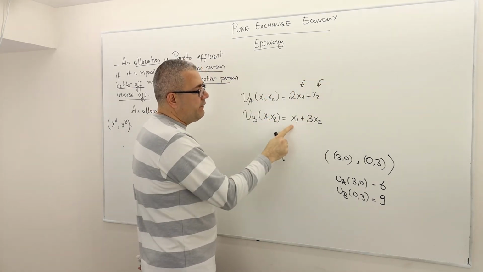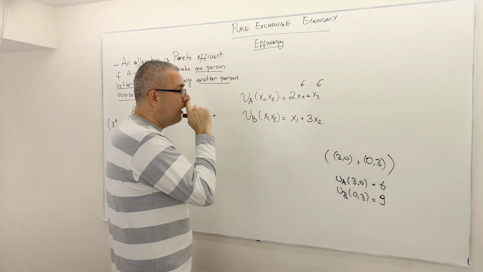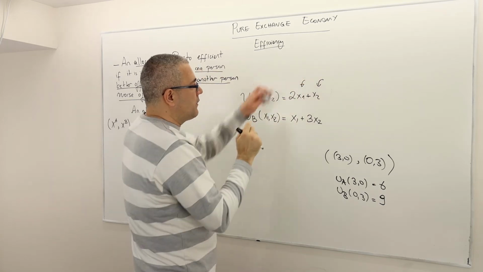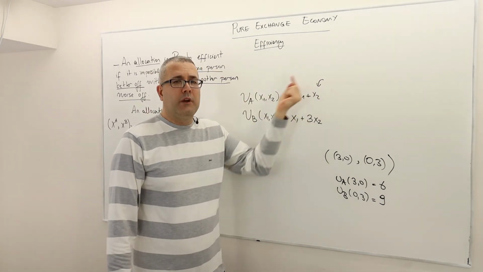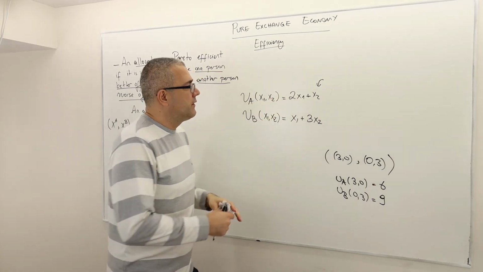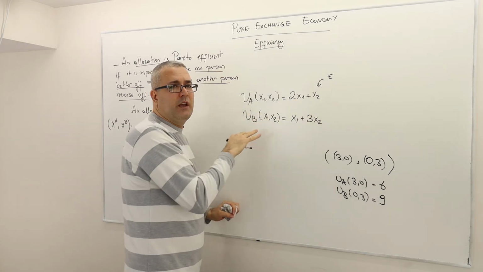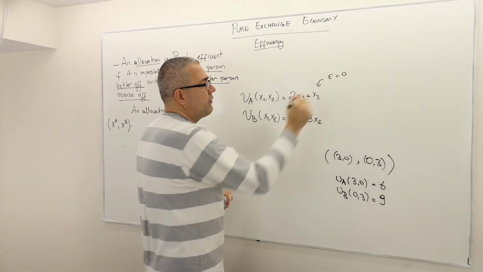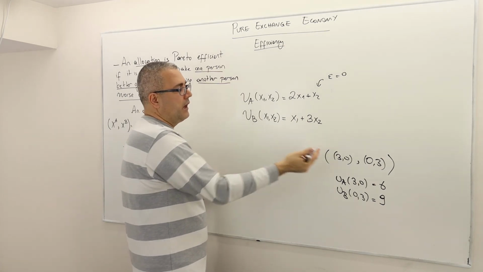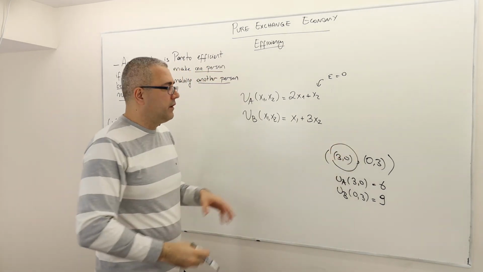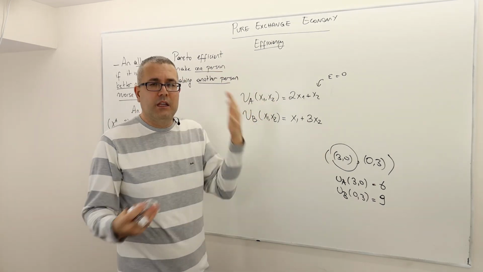Well, you cannot give her more x1 because she's already consuming all the x1s. So that is off the picture. I can give her more x2, some epsilon x2. By the way, if epsilon is 0, that means Anita is indifferent with consuming 3, 0, because I couldn't really change her allocation.